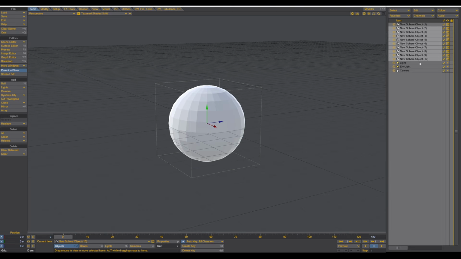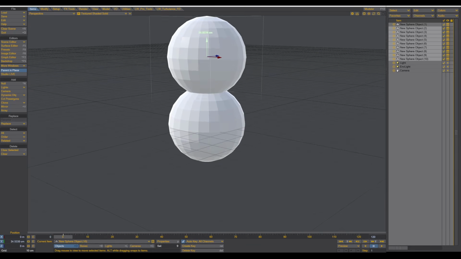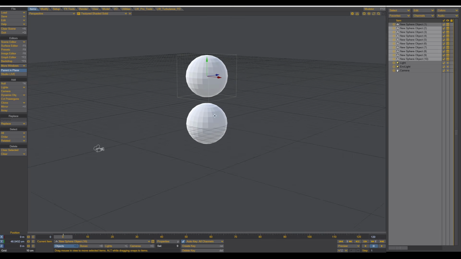Now we need to position those randomly in the space. I tried different ways to clone, where the clones would be distributed randomly in space. I didn't get it. Maybe if one of you knows a tool or a plugin or a workflow for how we can create clones and distribute them randomly in space, please let me know in the comments. It's really appreciated, because now what I have to do is move the spheres manually